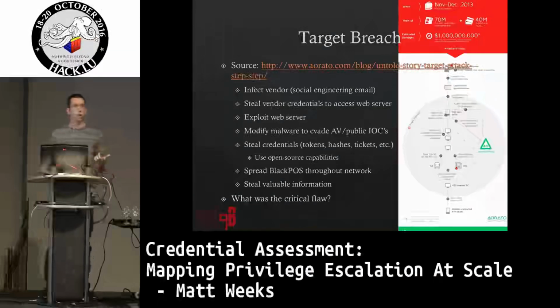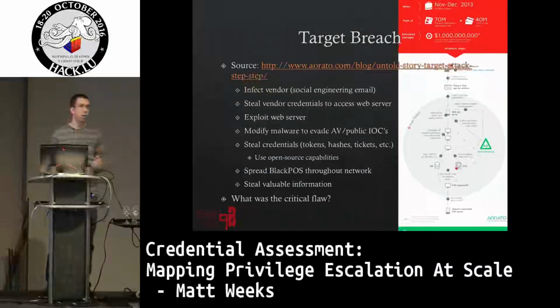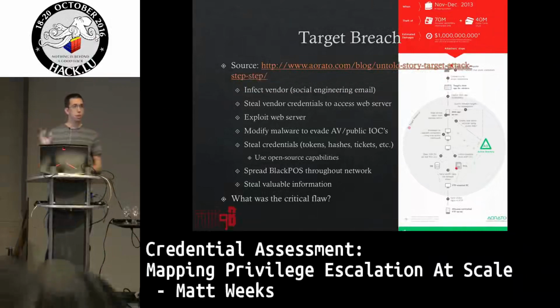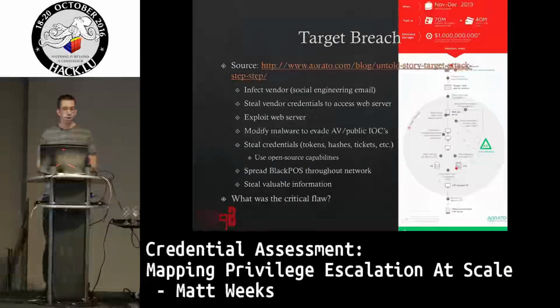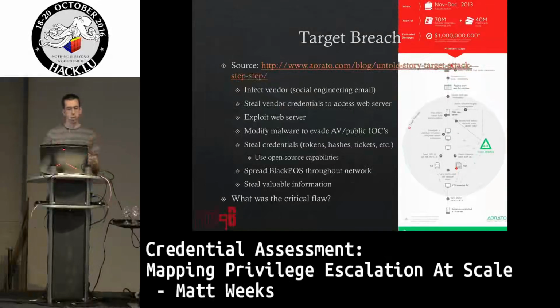That vendor was contracted to work at Target and had credentials, had legitimate access to a particular web server, which they were using to pass their information back to Target and get information from them. Having stolen those credentials from the vendor, the attackers were then able to use that access to exploit that web server. And once they had control of that web server, not just web interaction, but an actual malware on that